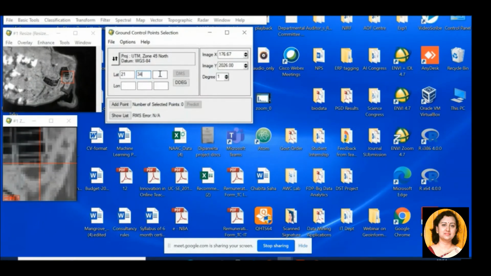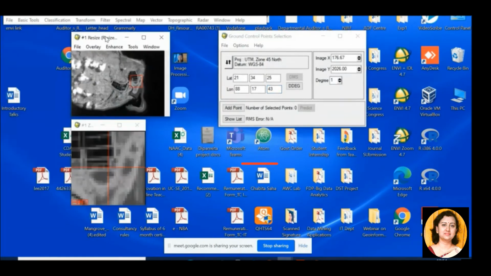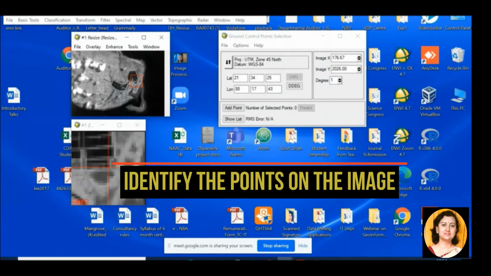Okay, so this is the lat-long value of the image. Now we have to plot a similar point on the uncorrected image.